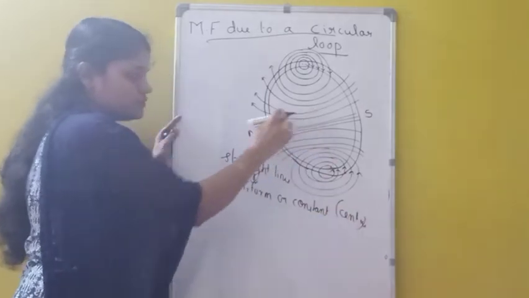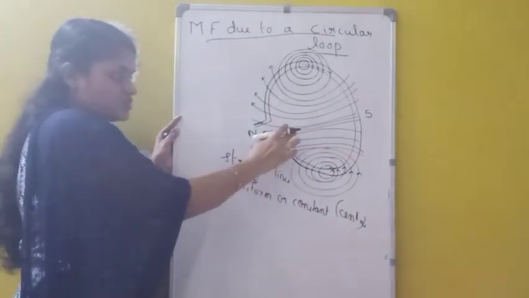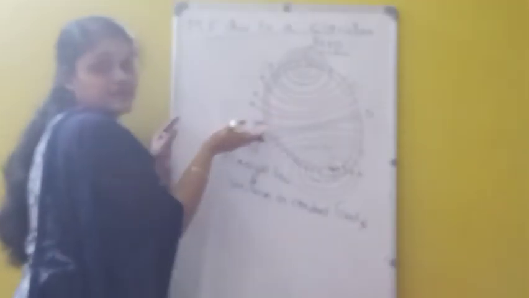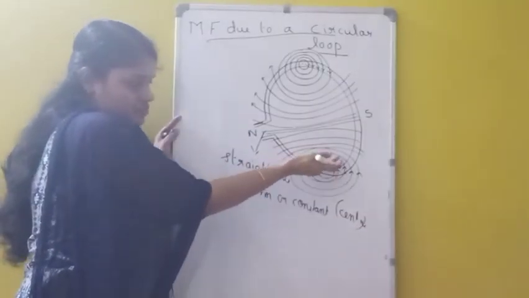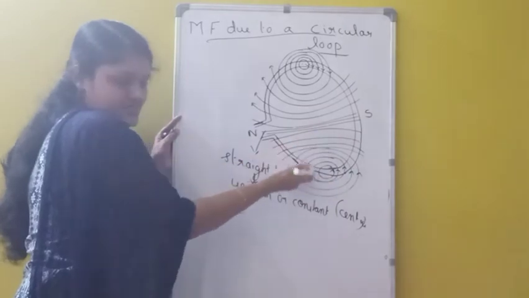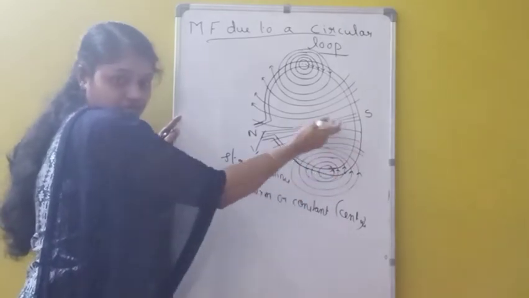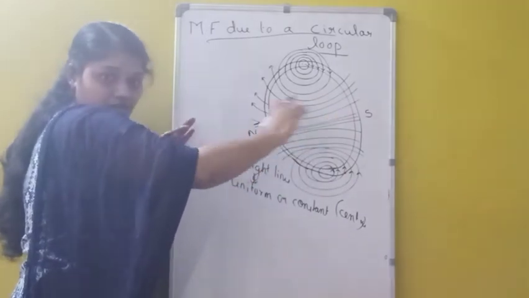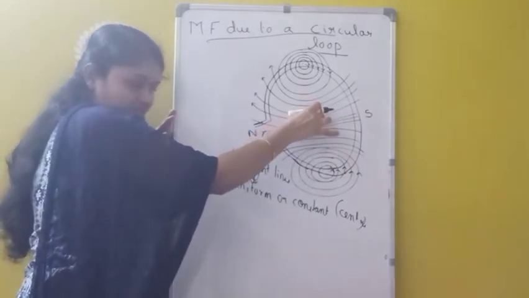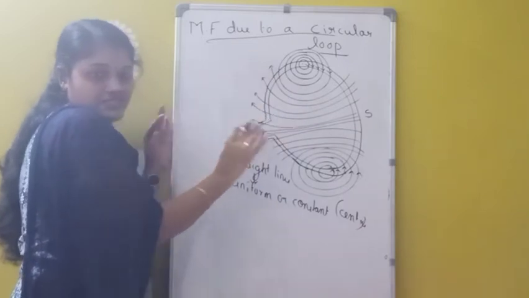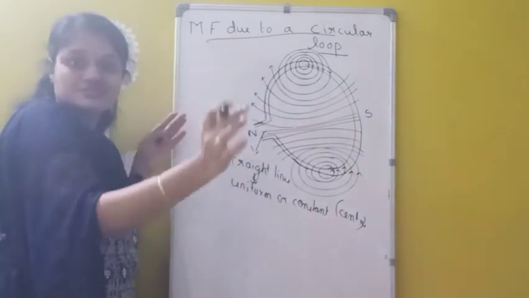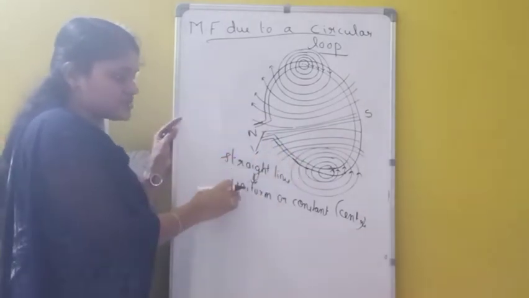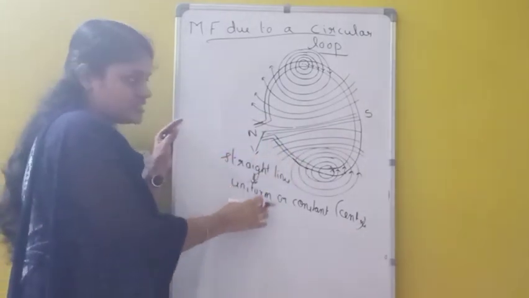So at the center of this loop, what about the magnetic field? It is uniform or constant because the field lines are in which shape? In the form of straight lines. So here also we are taking another one point. We can see that the concentric circles will represent which one? The magnetic field lines. And when the distance increases, the circles become larger and larger. And near the center, the smaller part of this larger circle seems to be in the form of which one? Straight lines. And that shows that the field is uniform or constant at the center.